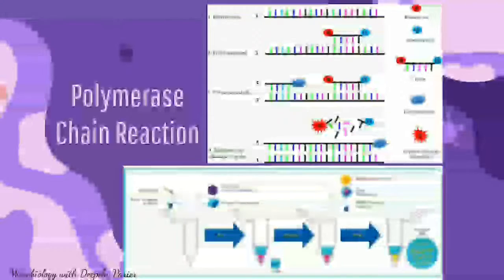PCR is one of the physical methods. The two major physical methods are quantitative PCR and the other one which I told you about earlier, microscopy, that is, TEM and epifluorescence microscopy. In PCR, if the primer set is developed, it is easy to quantify, but for quickly mutating viruses like RNA viruses, it is difficult to design a primer. But if the primer has already been developed, the polymerase chain reaction is a quick and easy method for quantification.